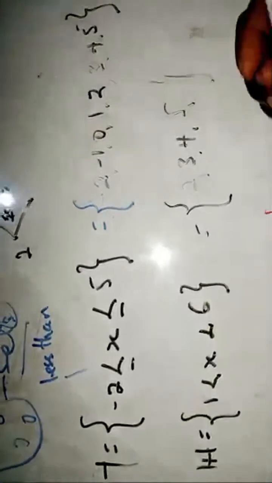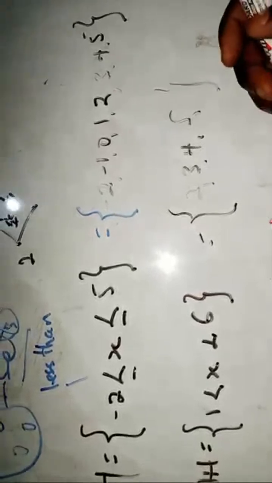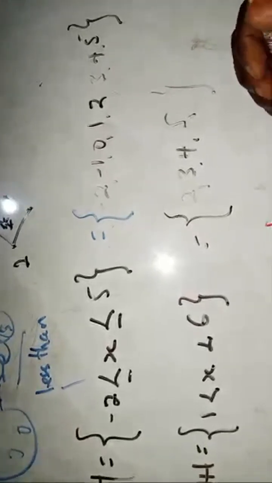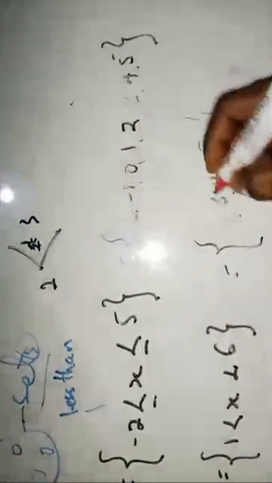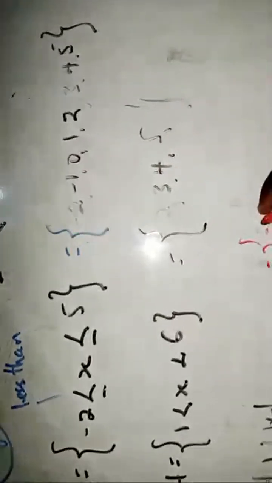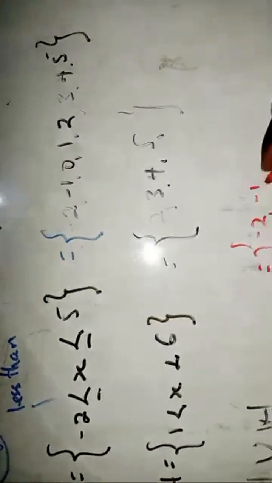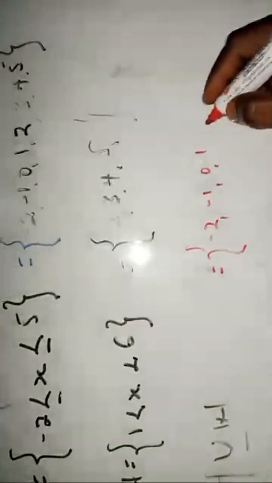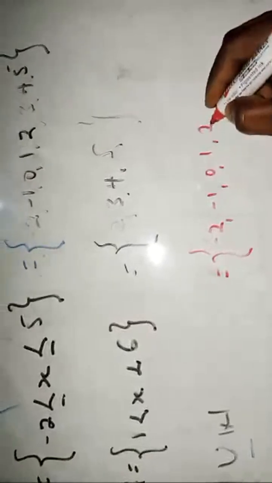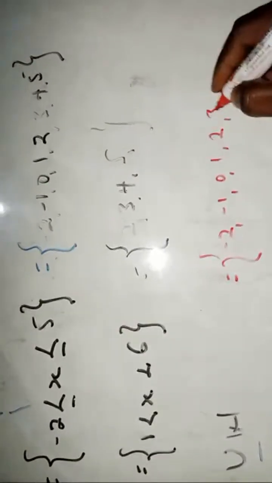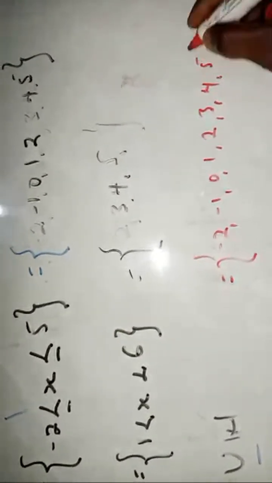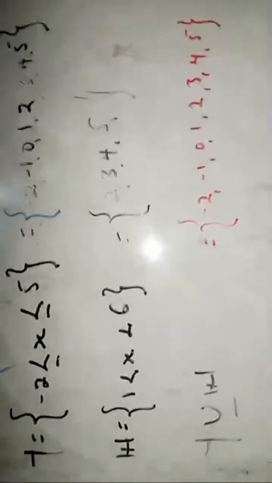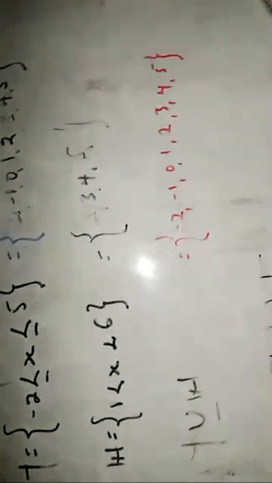Okay. Now, what is going on here? So here we have -2, so from -2, -1, and then 0, 1, and then we are combining the two together. So we have a 2 here, and then we also have a 3, and then 4, as well as 5. Is that okay? So that is what the union is. So based on the inequalities here, we are going to have